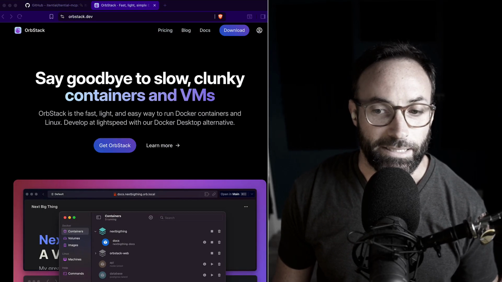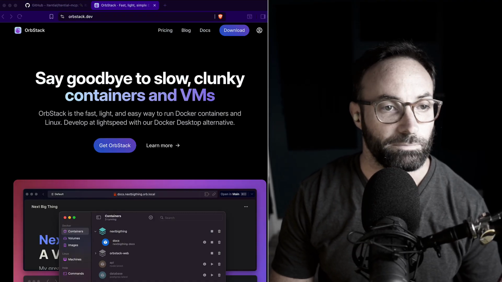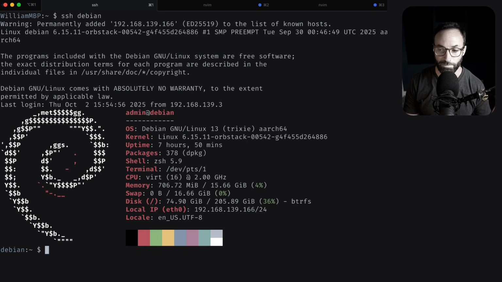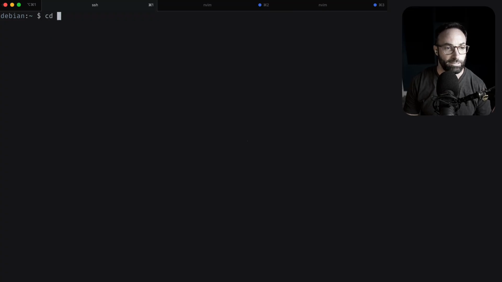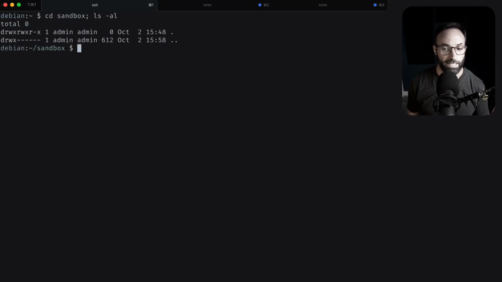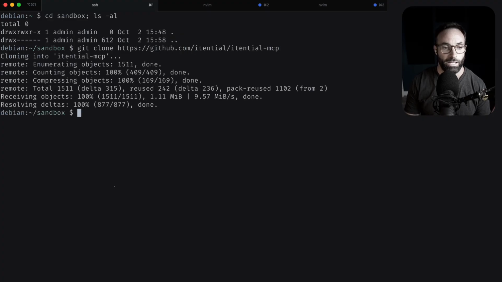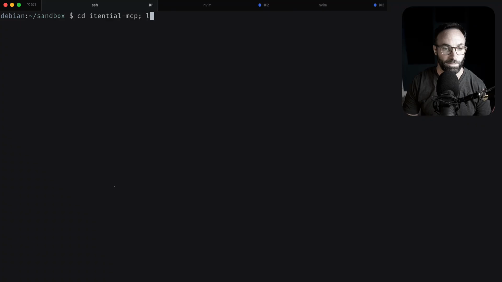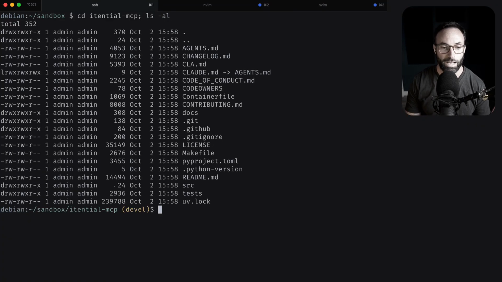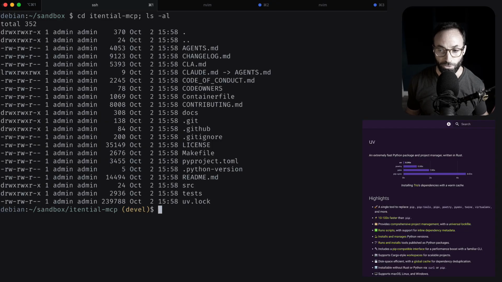So let's go ahead and connect to this VM that we're going to run the MCP server on and change into my handy dandy sandbox directory. And let's go ahead and clone the MCP server. Okay. Here we go. Now, we use something called UV to manage this project,